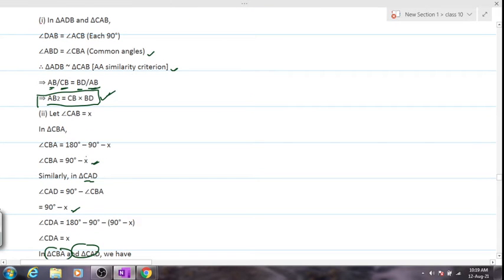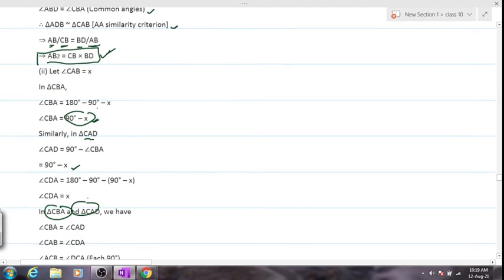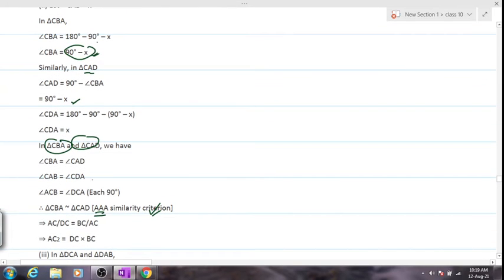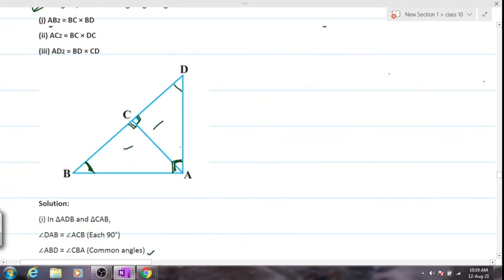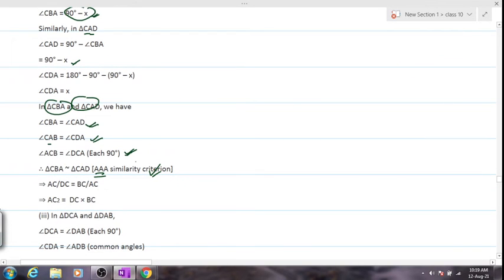Okay, we have got one more angle similar out here. We'll be getting the AAA criteria out here. Is it clear? One 90 degree we had already proven, and A and D, these two have to be equal because this is 90 degrees and this has been divided. Clear? And when we can prove that these two are similar to each other, we can easily write AC by DC is equal to BC by AC. Is it clear? The reason will be